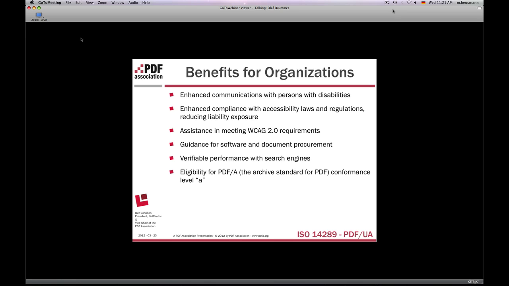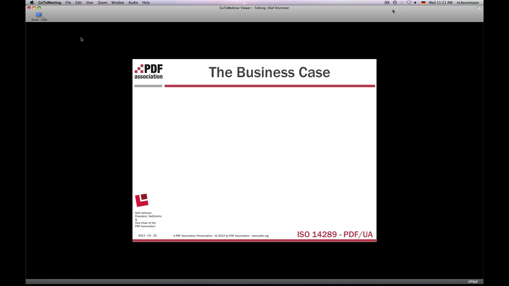Lastly, an additional benefit is that PDF/UA will deliver eligibility for PDF/A, conformance level A, which is pretty much the gold standard for archivable PDF files. A conformance level A archivable PDF/A file is something that is also reusable and with content that's extracted down into the future. So the business case: